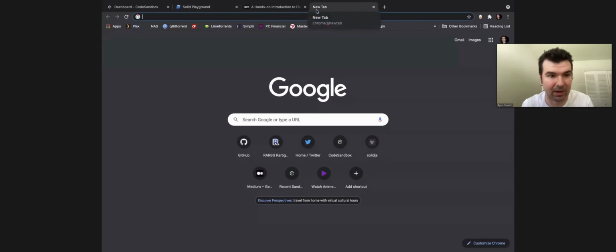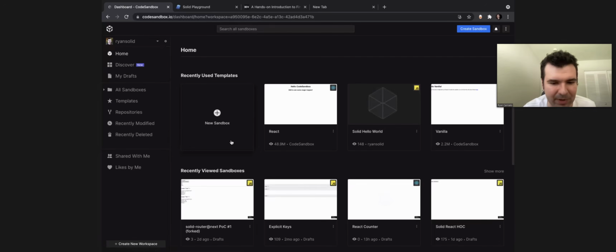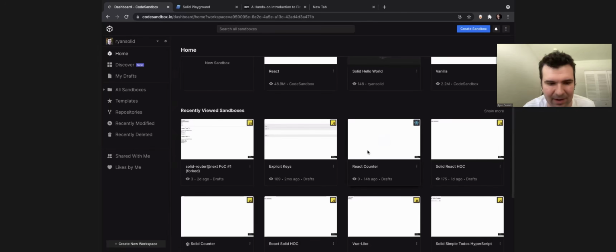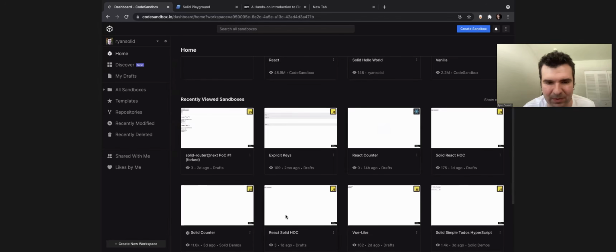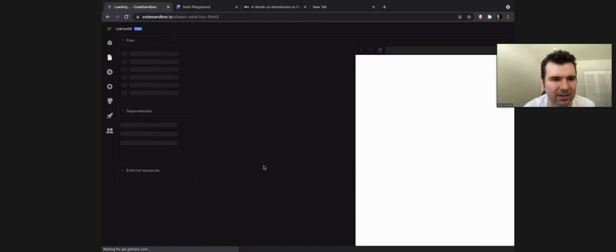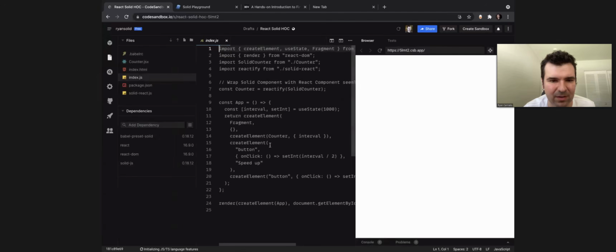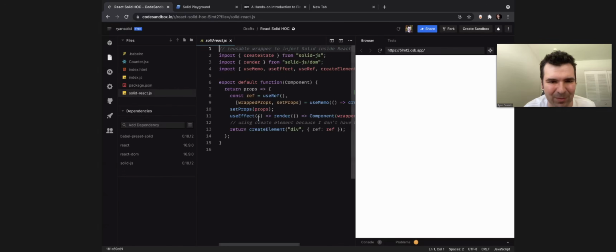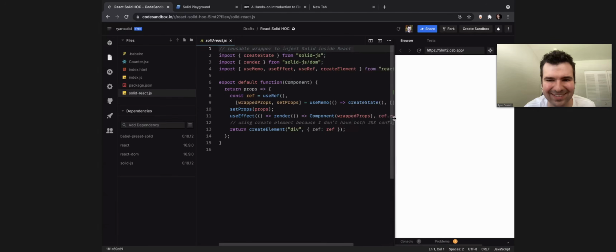If you're curious, I actually have my dashboard here. I was playing with this exact same thing, was it yesterday or the day before? What was it? React Solid Hawk. One of them I called Solidify, and one of them was Reactify. Yeah, so this one is Solid. Oh God, this is really old. Anyways,